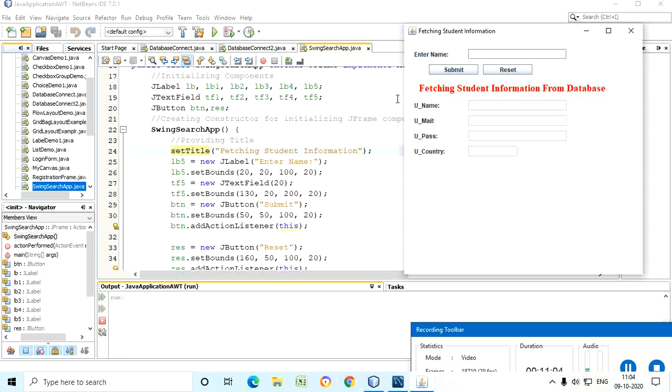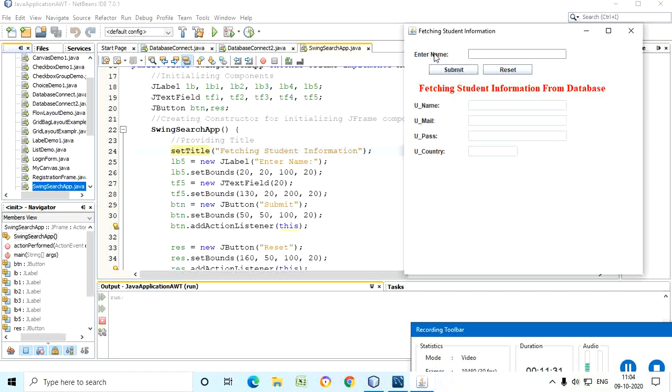In computer graphics also we have seen it, that is the Cartesian system. In that, this is your positive x, this is your positive y, and accordingly you have to manipulate the coordinates. So for this particular label you have to give the coordinates, and then you have to specify the width and the height. So we are specifying it for this label.